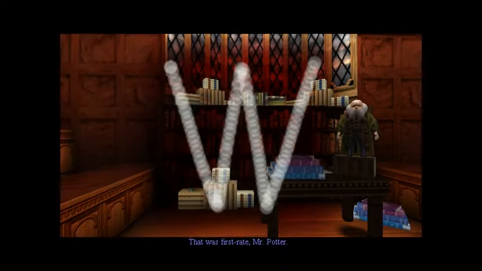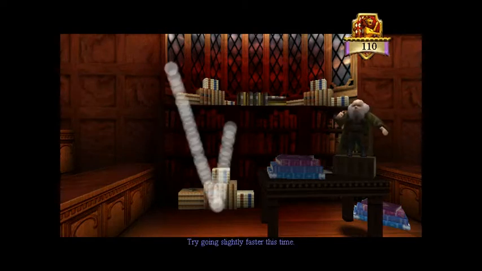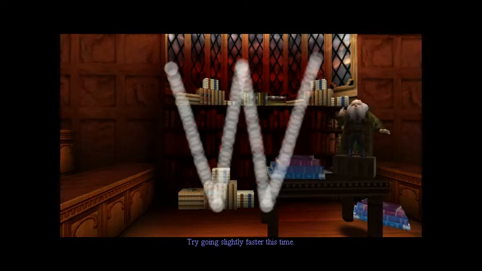If you That was first-rate, Mr. really Potter. don't care, 5 points for Gryffindor. which is the wiser Try way to do going slightly things, faster this you time. can just